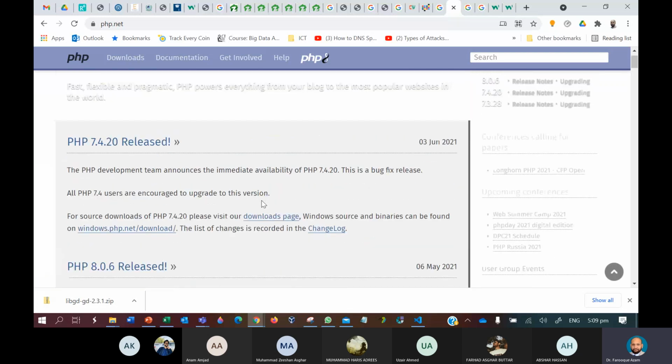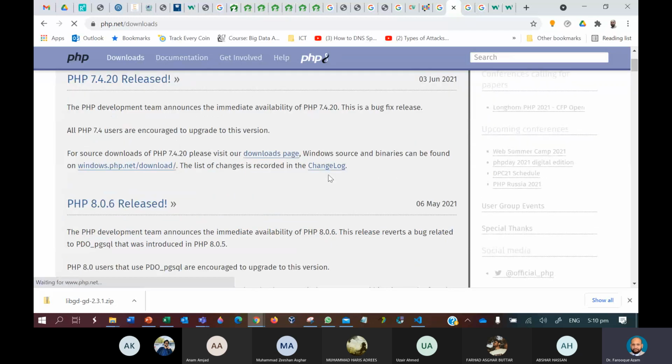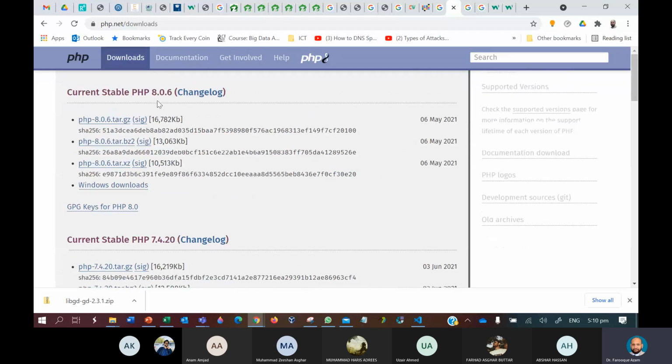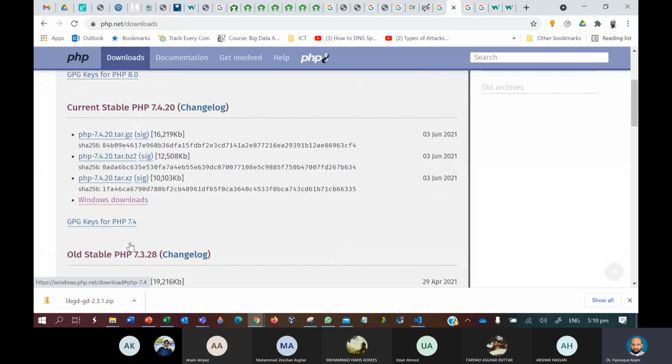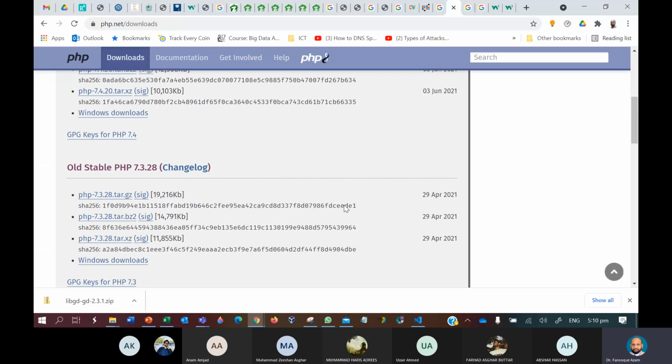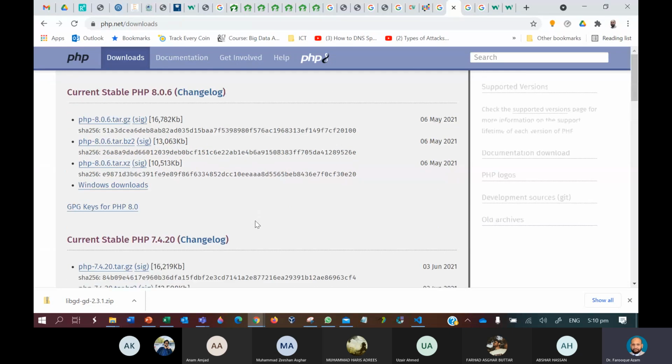And if you go on the download, you can see PHP 8.0.6. If you want to download the Windows version, then it is the Windows download. Then 7.4.20, it is again a stable release and the Windows download is here. Then 7.3.28. So if, for example, I click on Windows download,